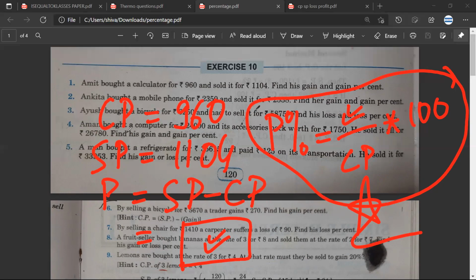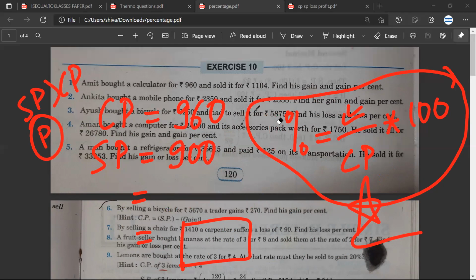So what I say is that, if the selling price is more than cost price, then he would have made a profit. And if the selling price is less than the cost price, say for example, he would have sold it at 900 rupees, then he would have made a loss. Is it correct? Yeah. So if he would have made a loss, so loss would be SP minus CP. So this would be the loss. I'm sorry, CP minus SP. CP minus SP. Yeah, CP minus SP. So this would be the loss.